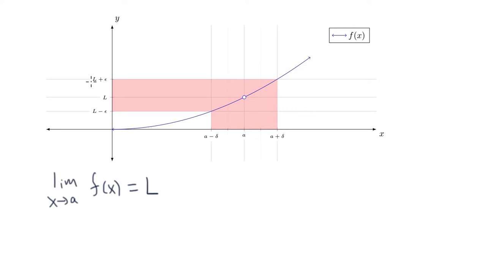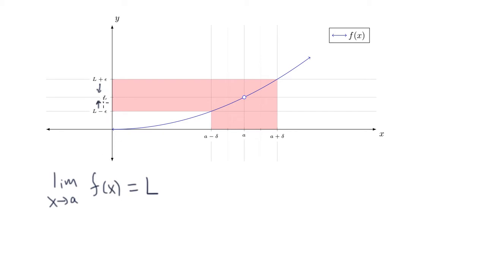I can pick any number I want. And I would like epsilon to be relatively small, so I can really think about this distance getting really, really small. So I want my function values to land in a really, really small window around L.